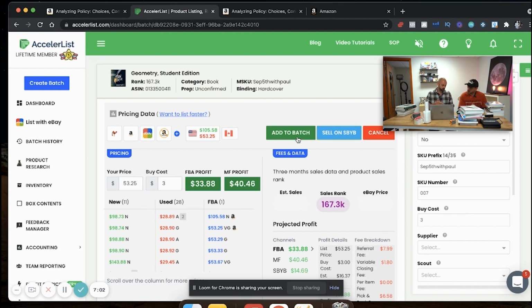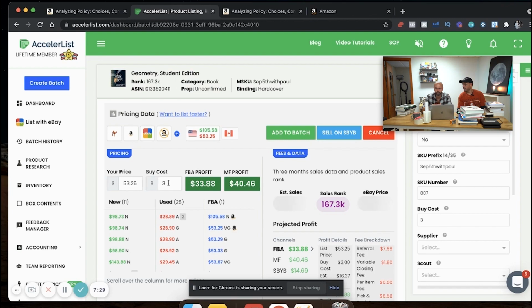I could see myself pricing right in that range. Probably just match the lowest price at 53.25. And moving forward, I'm going to start testing you with the pricing. So don't think I'm trying to steal the show from you. I'm just trying to lead by example here, and hopefully you can get behind my thought process here. For this book, I'm going to have to look up what I paid for it, because